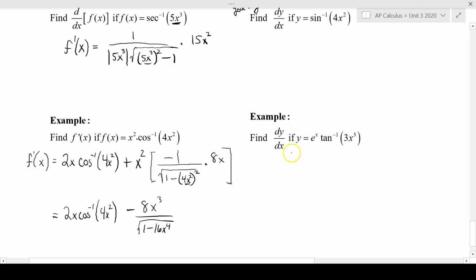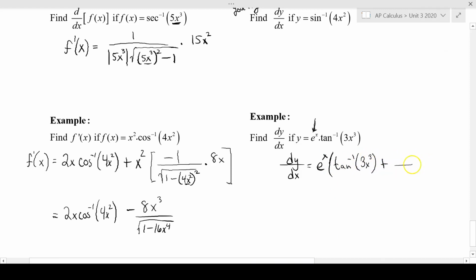So here's another derivative. You should notice that the derivative of e to the x and e to the x, if you just write it down, it's always the same thing. So I'm going to do a little trick here. You don't have to do the trick, but it's going to save me a little bit of space. I'm going to write e to the x, factoring it out pretty much, okay? And I'm going to write it as tan inverse of 3x to the 3rd